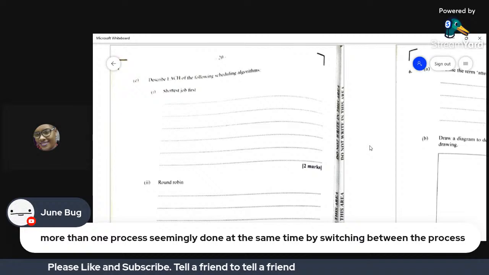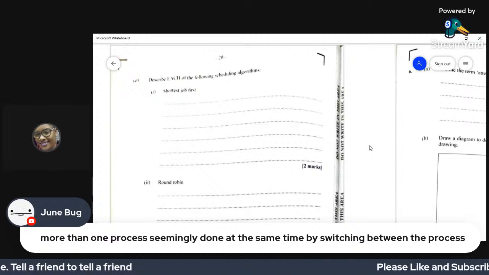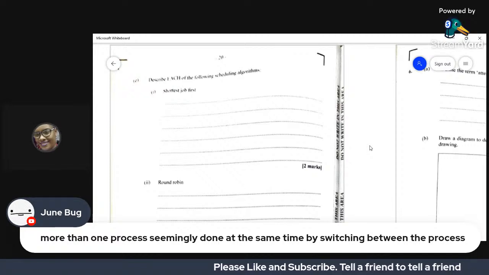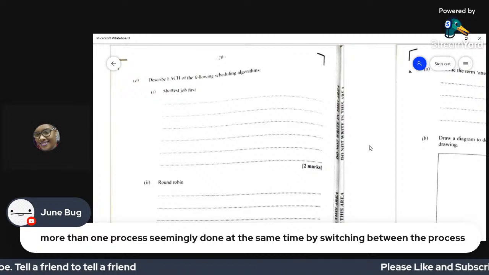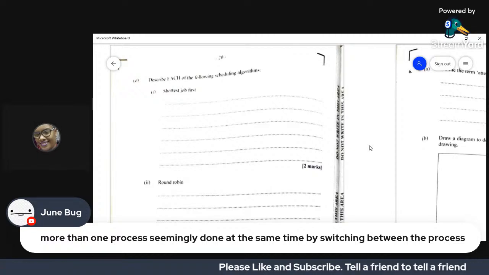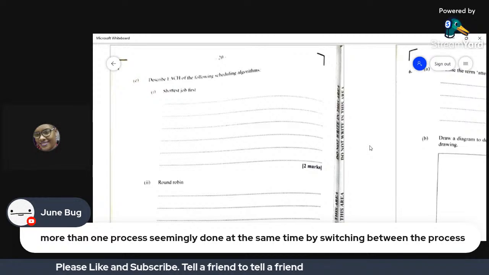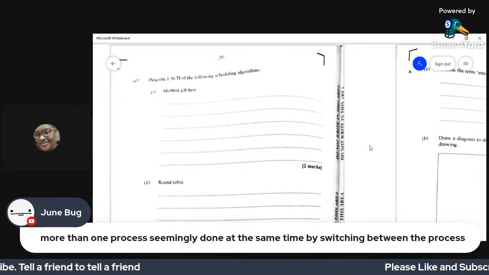All right, so shortest job first. As the name suggests, you have a particular process which would require one resource, and a next process which would require multiple resources. You are going to do the task that requires the least resources first and then move on to the others.